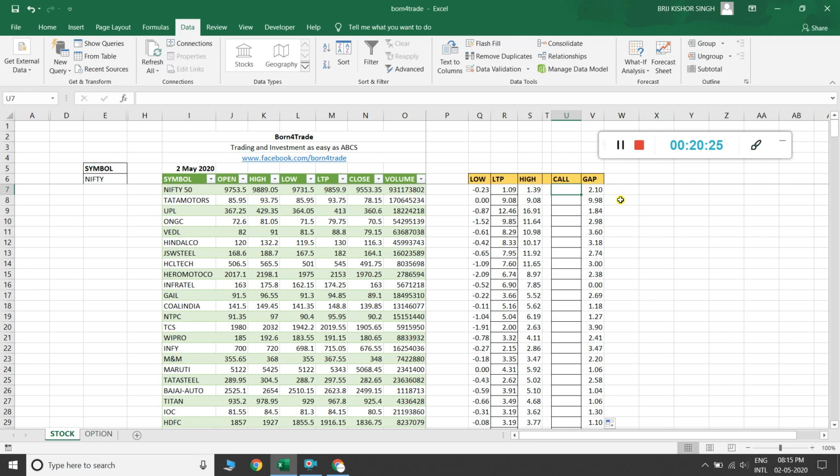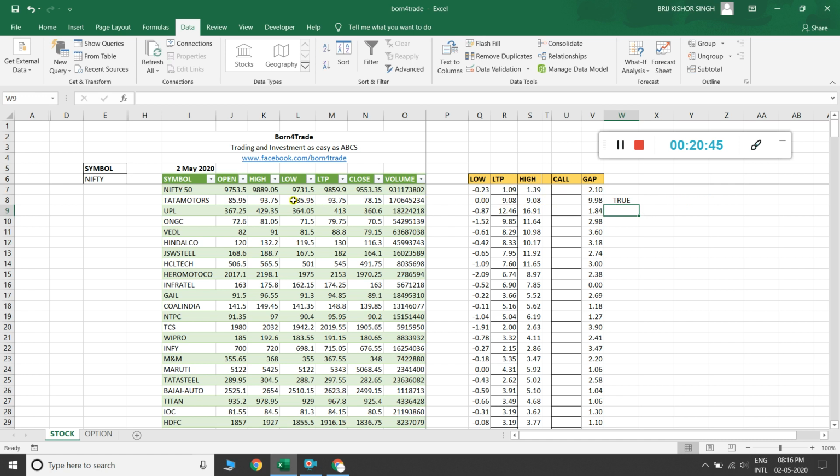So I am just clicking here, and you can see 0.0, it means open is equal to low, and just enter, then it is true.